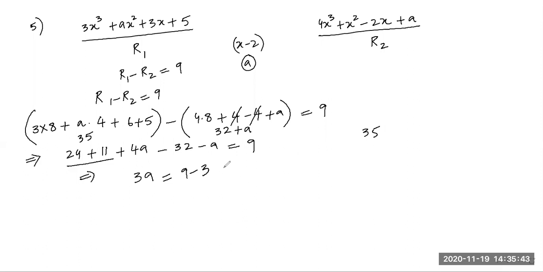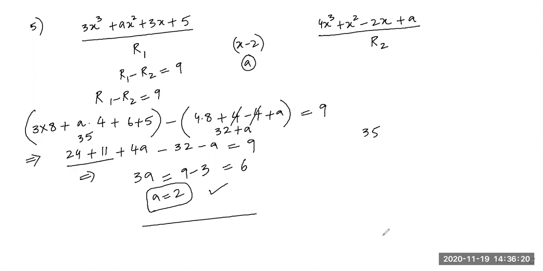Okay, guys. So this is equal to what? 6. But I think there's some mistake in this. Just see what is the mistake, students. No, there's no mistake. 3A is equal to 6, A is equal to 2. Right? Our answer is correct. Very good. A is equal to 2. Beautiful.